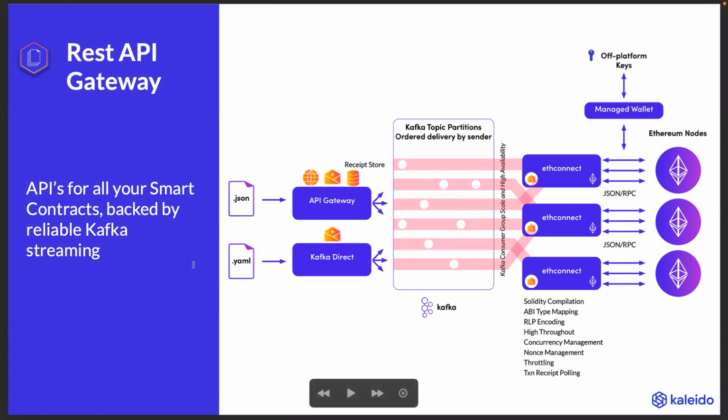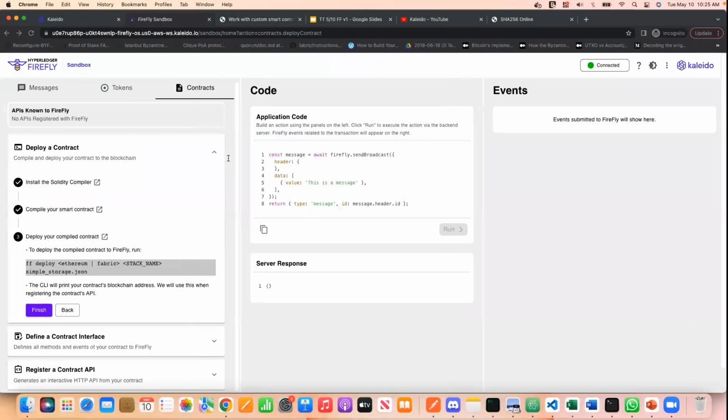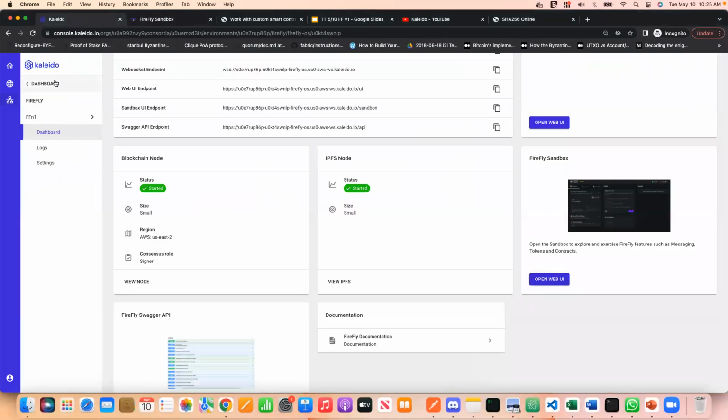And so now you're relieved of the responsibility of using an SDK, like the Node.js SDK for Fabric, or Web3 JavaScript or Ethers for Ethereum. You just get simple interfaces to fire asynchronous POST calls into the system. So what we'll do is upload some source code into Kaleido, into the contract